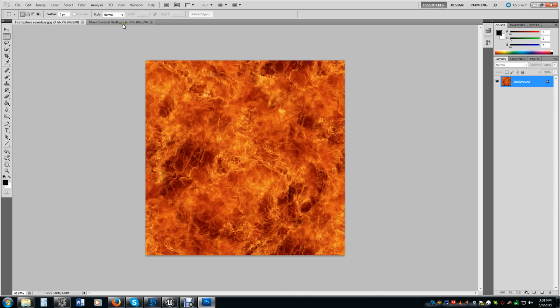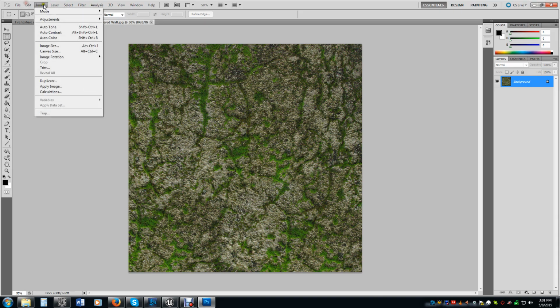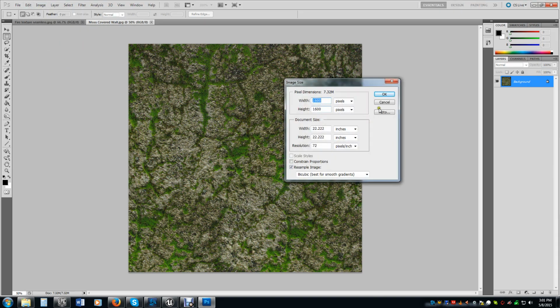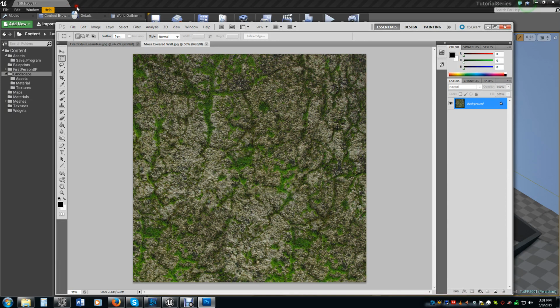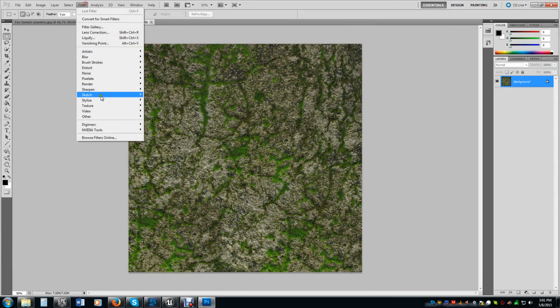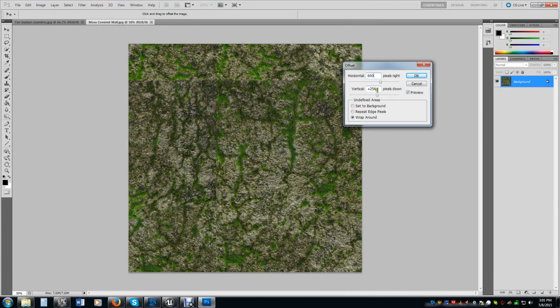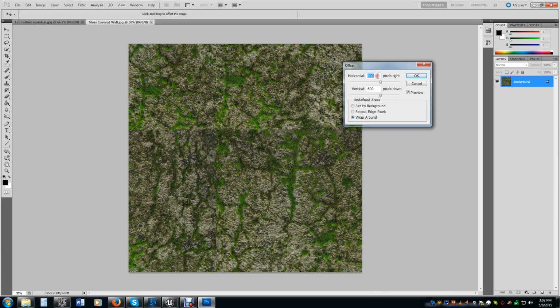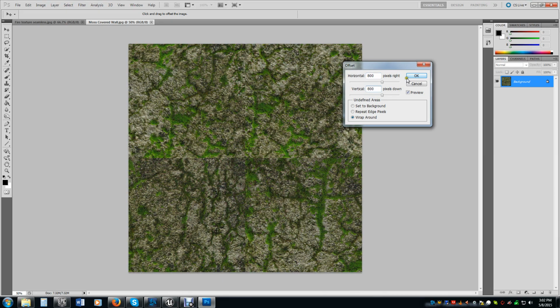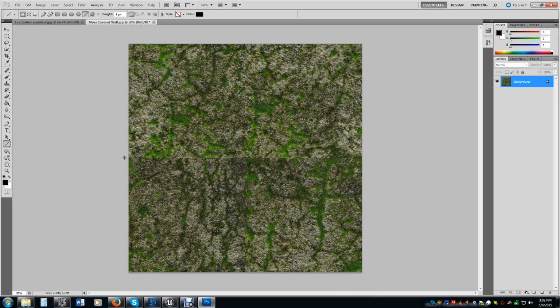Alright? But if we do that to an image that's not, this is 16 by 16. So you go to Filter, Other, and Offset again. It was 16 by 16, so, well, it's 800 by 800, but you should already see the thing. You see this line right here, okay? In fact, we'll do this, hit OK, and you can see right here and right here,